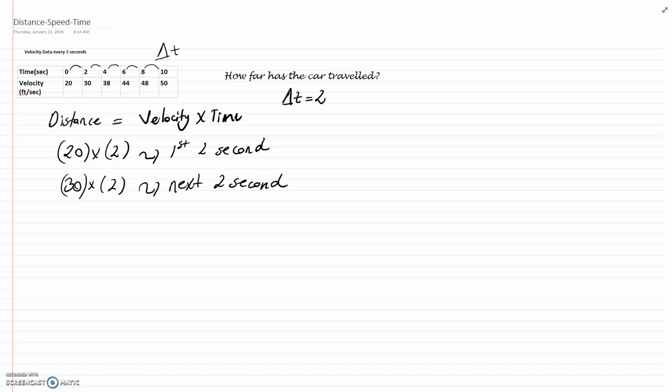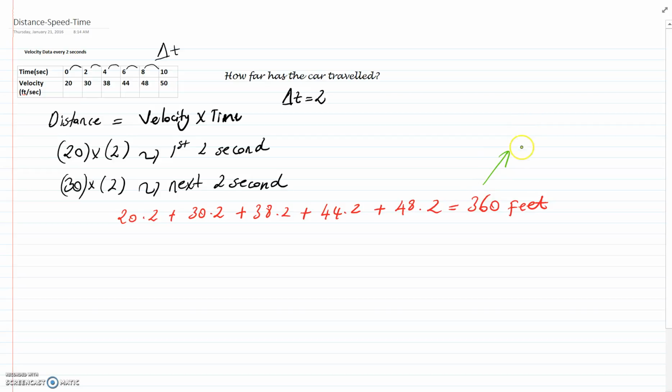Then we will have some estimate like that: 20 times 2 plus 30 times 2 plus 38 times 2 plus 44 times 2 plus 48 times 2, and that's going to make 360 feet. So the question is, is it an underestimate or overestimate? That will be an underestimate,